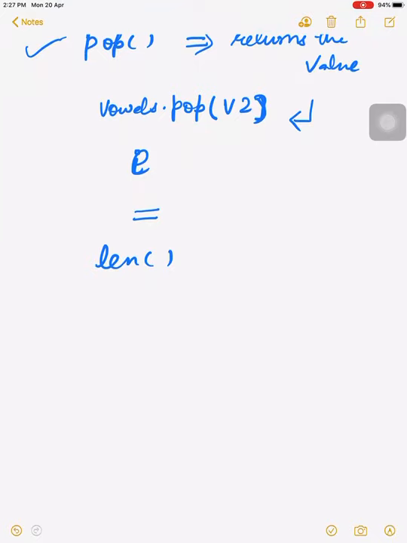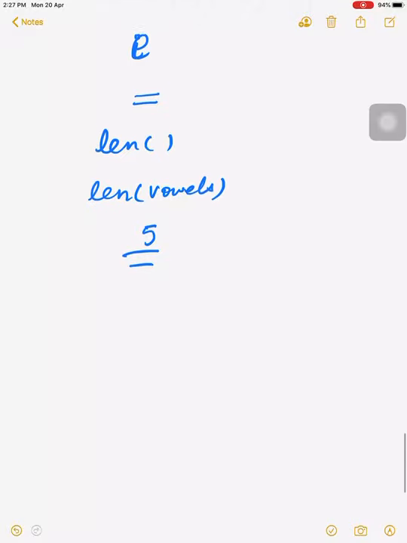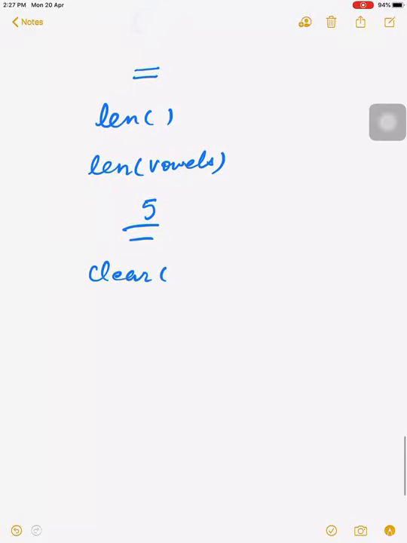This is all. Not all actually, there are some more functions which I will discuss with you. That is the length function. You have already worked with the length function in many of your earlier examples, on list, string, tuple. How do we use the length function? In the length function we simply write the name of the dictionary, length vowels. Then what will be the answer? The answer will be 5, because there are 5 values. It will not count the key and value separately. It will count a key and value as a pair.